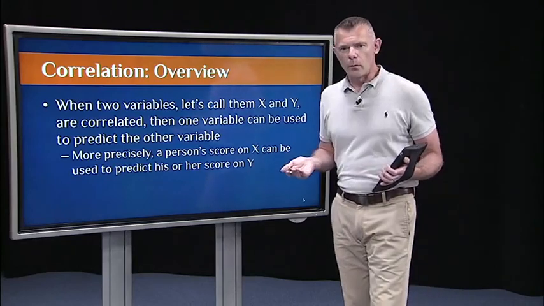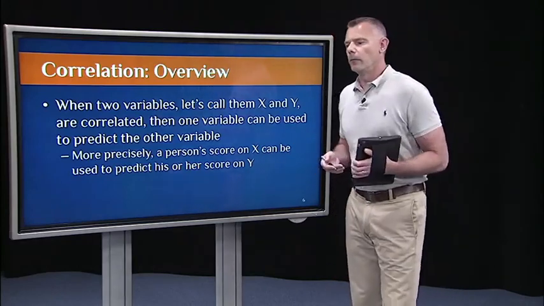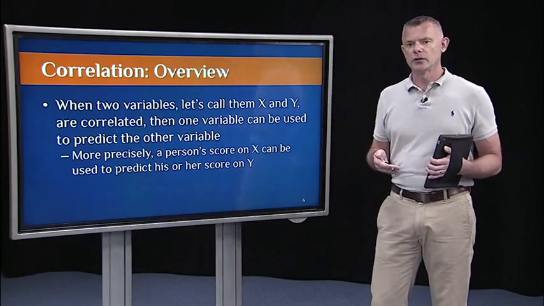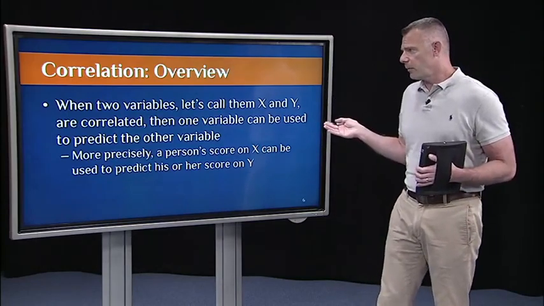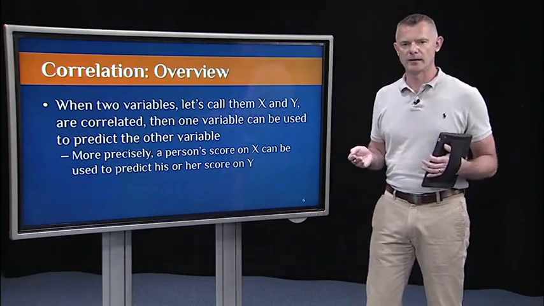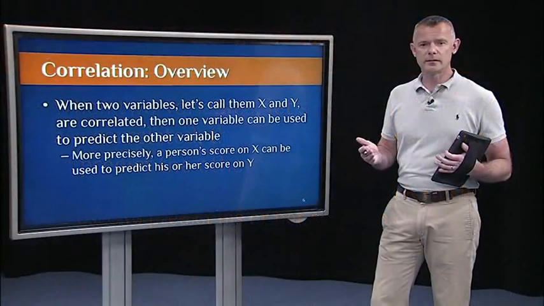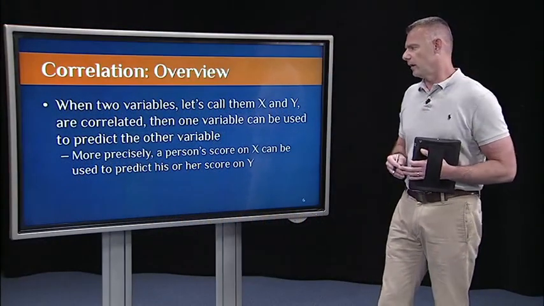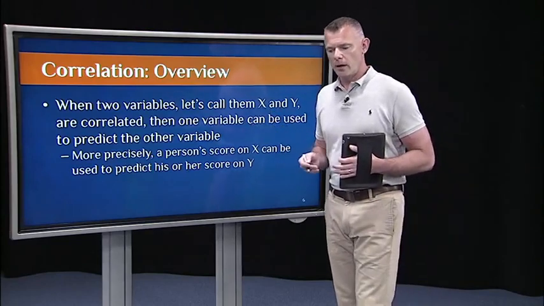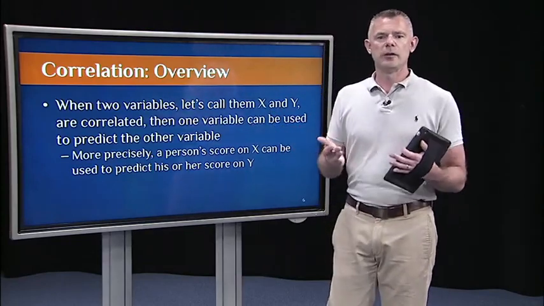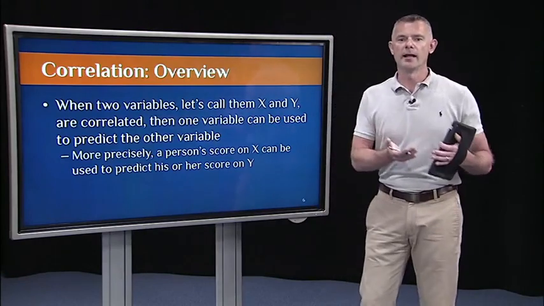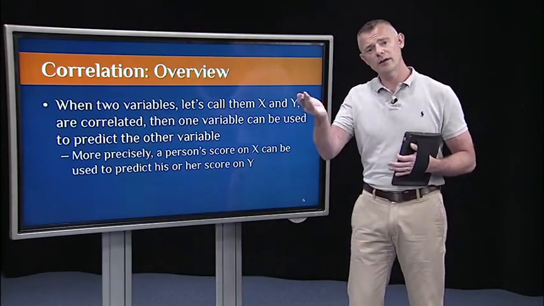So what are they used for? Well, we've already seen some uses of correlation in lecture 2. Very simply, if we have 2 variables, let's call them x and y, and they're correlated, if I know an individual's value on x, then I can predict their score on y, particularly if there's a very strong correlation. And there are lots of examples that you're probably familiar with. One is IQ and academic achievement, right? So if you're high on IQ and I know that,